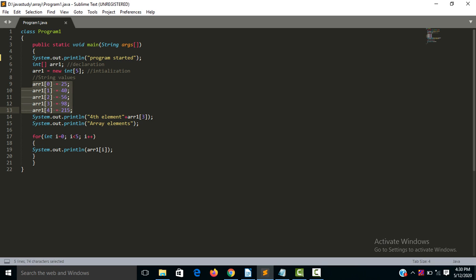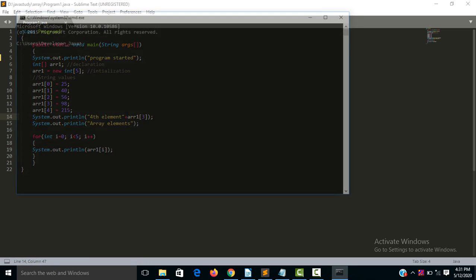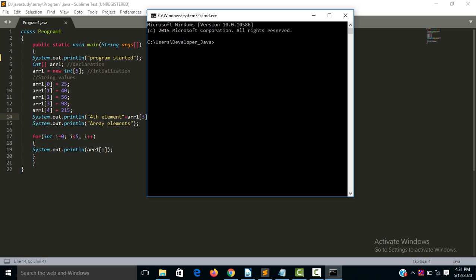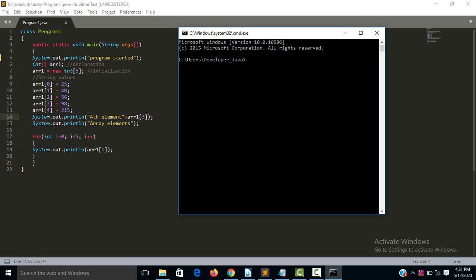So just compile this program. Open the command prompt from here, and go to the D drive.